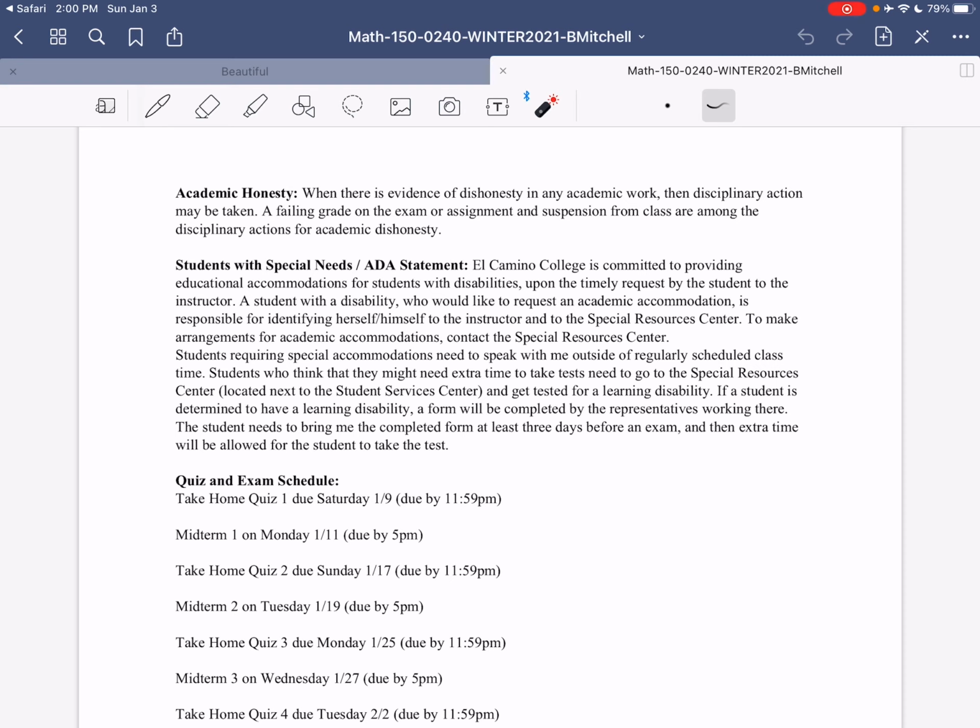Lastly here, there's an ADA statement, which is about educational accommodations. If you have an accommodation via the Special Resource Center on campus, please let me know as soon as possible so that I can take that into consideration and make sure that you get the accommodation that you have. But overall, this statement also applies to everyone, because keep in mind that despite the strange circumstances of